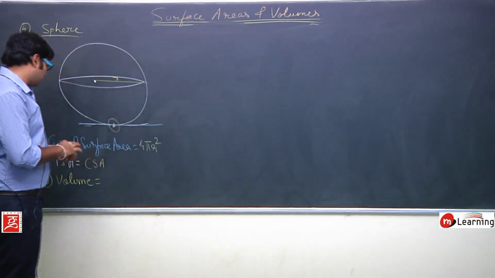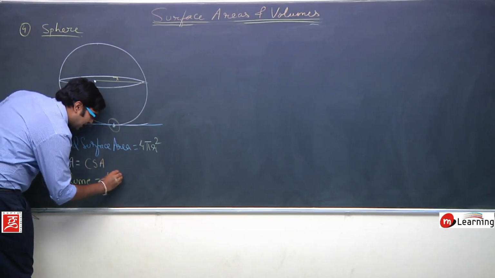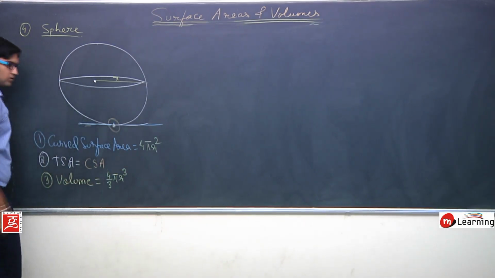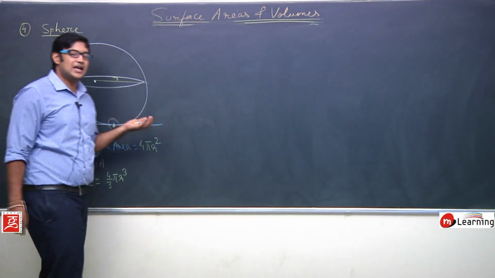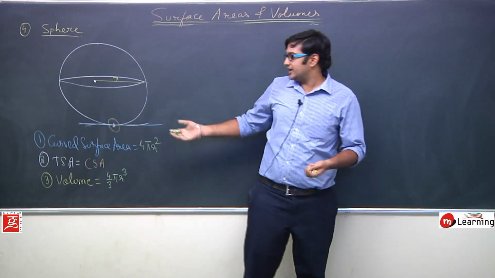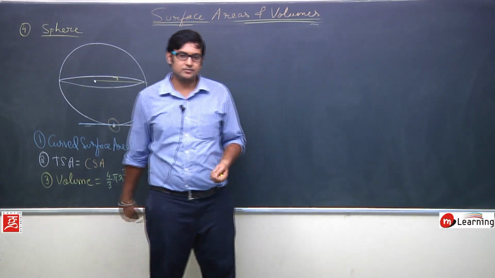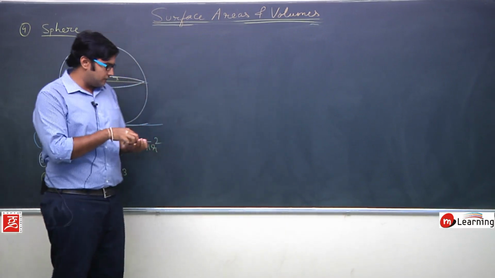So formula for volume of a sphere is 4 by 3 pi r cube. Okay, and if I talk about the base area, see, base area is not defined for the sphere, because sphere cannot have any base. It is touching the ground only at a single point. Okay, then the fifth one